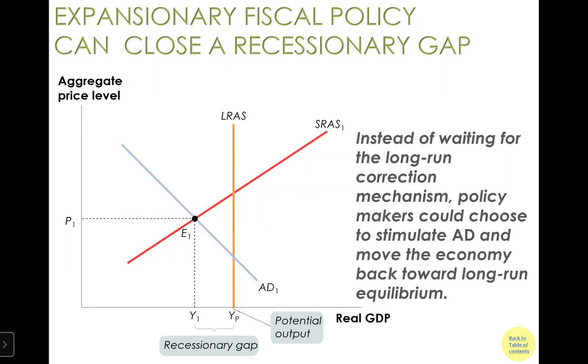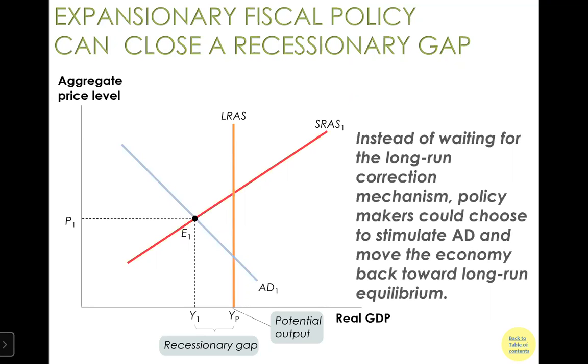Like here, how a fiscal policy can affect our economy. Currently, we are in a recessionary gap. How do we tell? Y1 is what the economy actually produces, and YP is what the economy can potentially produce. From this diagram, we know Y1, which is what we actually produce, is below YP, which is what we can potentially produce. So we are in a recession. Furthermore, based on the previous chapter, we are going to focus on demand shock. So this implies we were just hit by a negative demand shock, right?